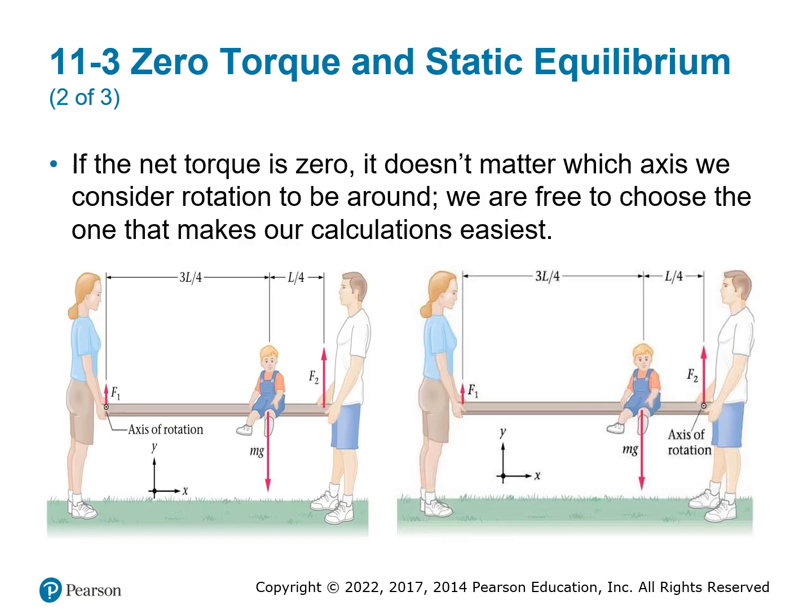So if your net torque is zero, it doesn't really matter what axis we consider rotation to be around. You just pick your frame of reference that makes the calculations the easiest. Right, so if you wanted to compare the two adults carrying the kid on the board, you could say where the woman's at can be your axis of rotation, or where the guy is. Whatever is going to make your math easier. And of course, it depends on what your problem is looking for.